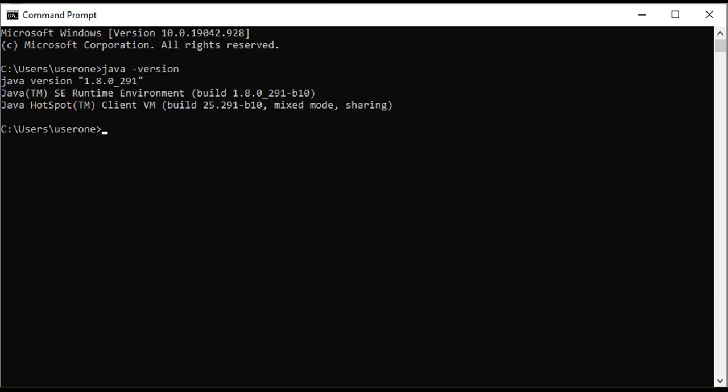And you can also check once again with javac space version, and you are doing like this. If it does not display like this, there is a problem with the class path setting. So I will show you how to set a class path if you are not able to get this output. Okay, then see the process.